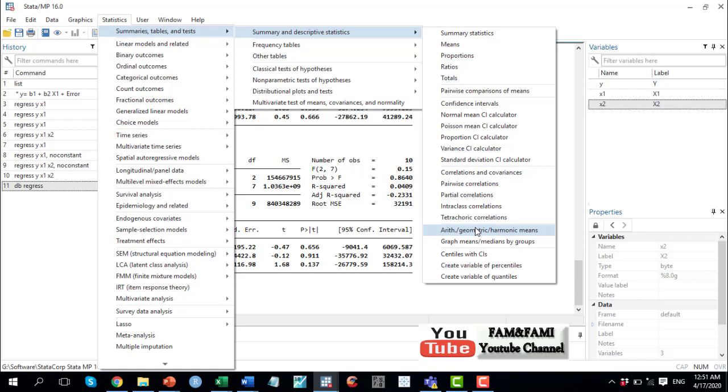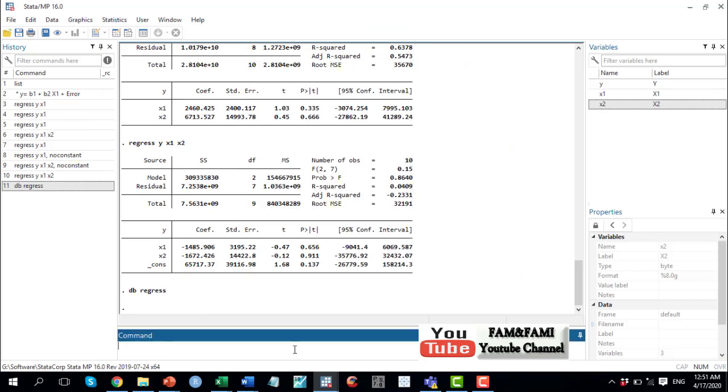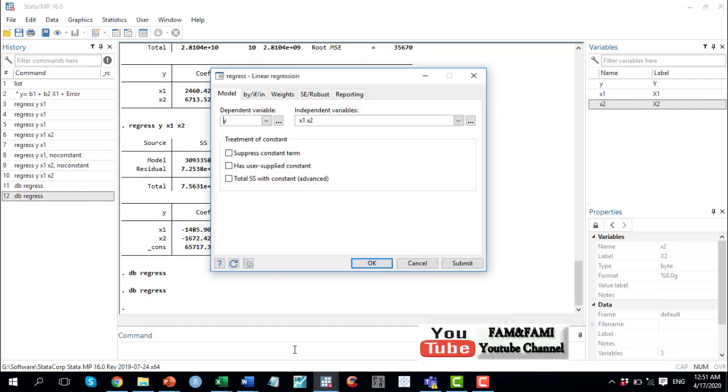In that case, there is no need to use the menus. What you can do is simply type db and the name of the dialog box in the command window. So db regress in our case, and this is the same dialog box.